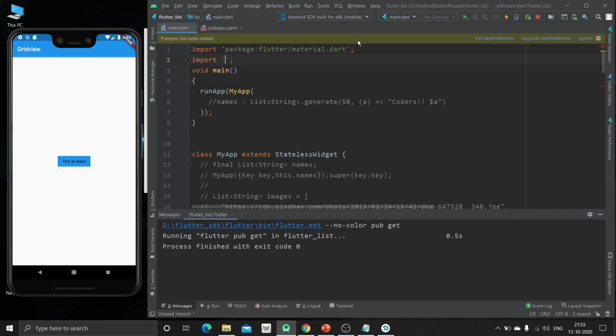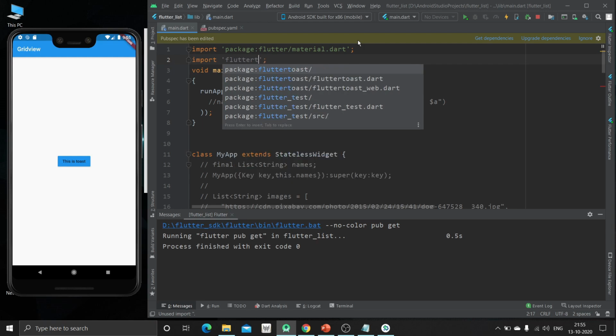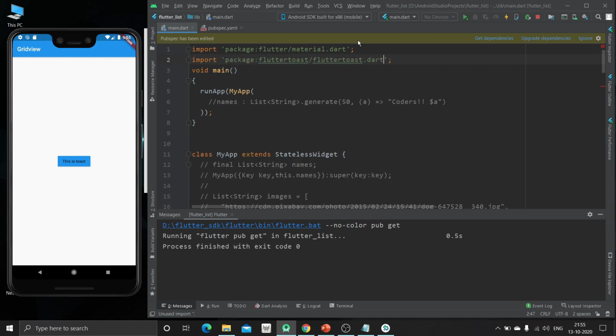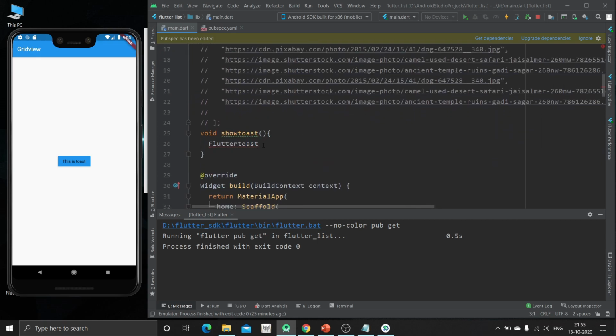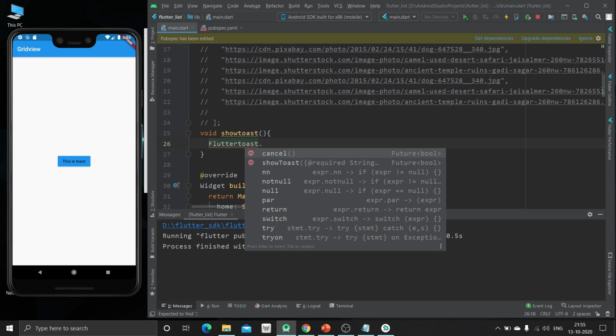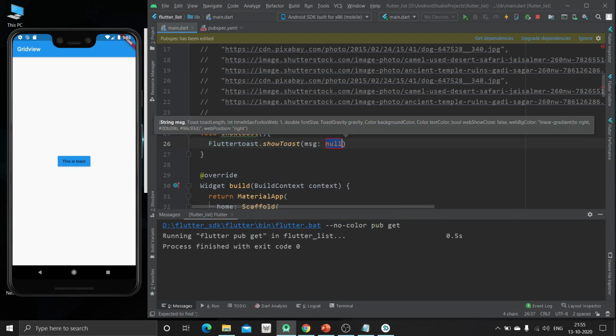Now just import flutter toast dot package. Now we can implement this Fluttertoast dot showToast to show the message. Now the message can be: this is one notification.